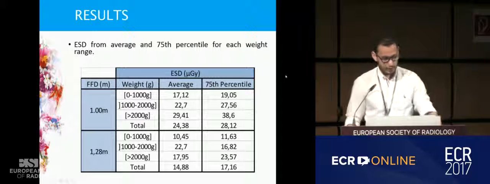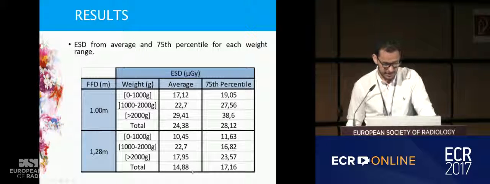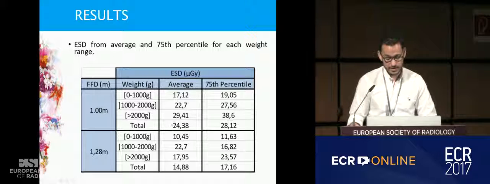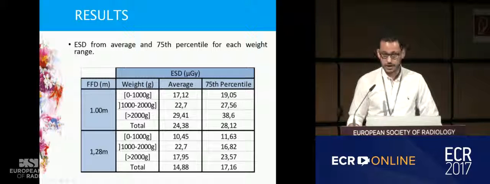These are our results grouped by the weight of the subjects, and as expected, as they grow in weight, the dose grows slightly higher. But the average was 24.38 for 1 meter, and for 1.28 it was 14.88. We always assumed the worst case scenario, so we mainly used this value to compare with other articles and